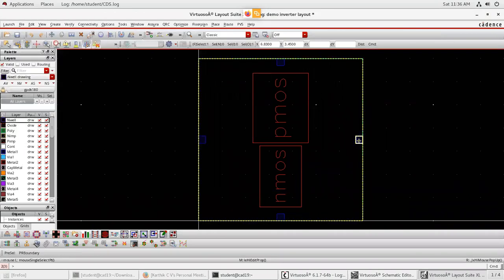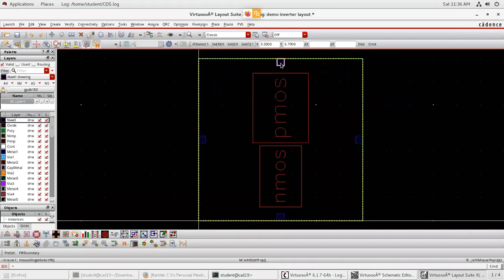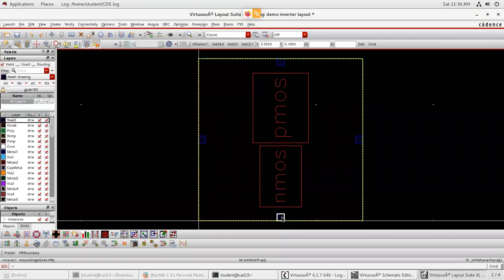If I click on the pin and then press Q for properties, this is my output. This is my VDD and this is my ground pin. So I can check the properties of individual components here by pressing Q.